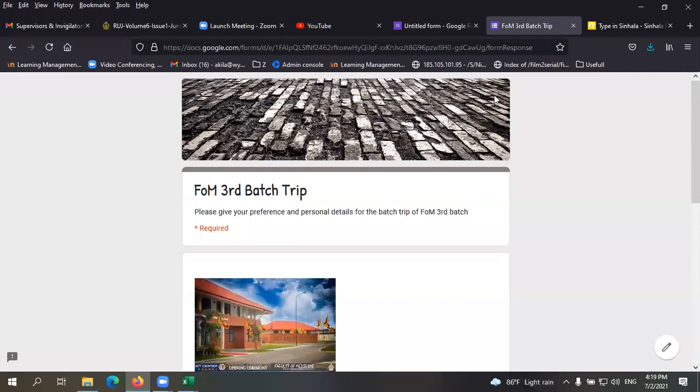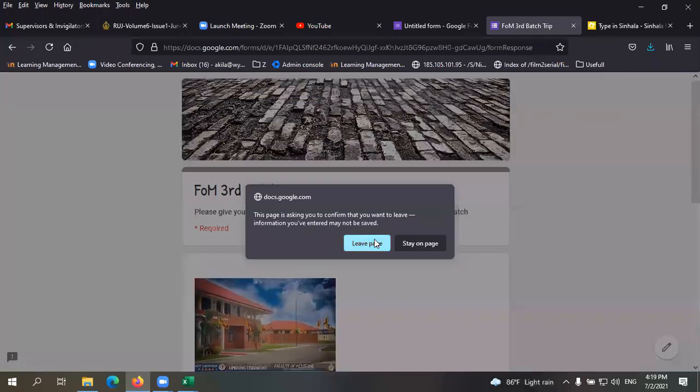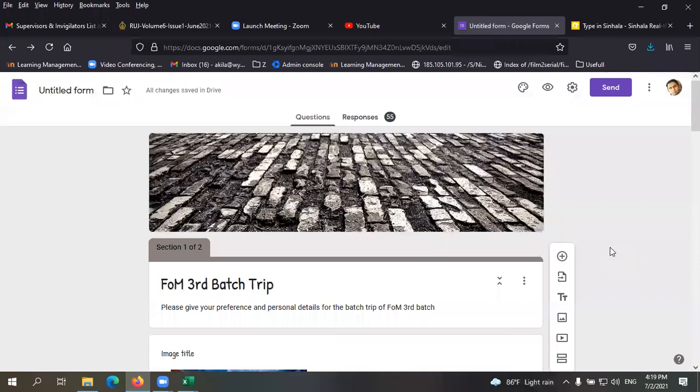All right, so that is about Google Form. That is all about Google Form. Do you have any question to ask regarding Google Forms? Now you should be able to create a Google Form, collect information, and create the form in a nice way. You can add images, descriptions and everything there, right?